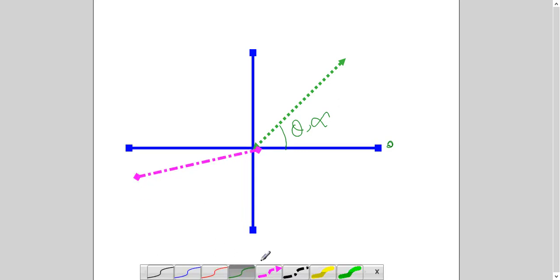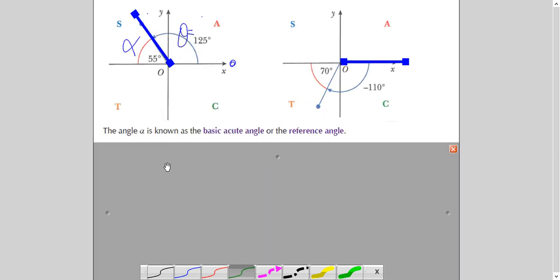So I can say this is my theta general angle and it will be negative. For example, it is 170 degree. Then my basic angle alpha is with the x-axis. So basic angle is always made with the x-axis in that quadrant. And it is always plus, right? So we have learned one thing here, that basic angle is made with the x-axis, general angle is made with